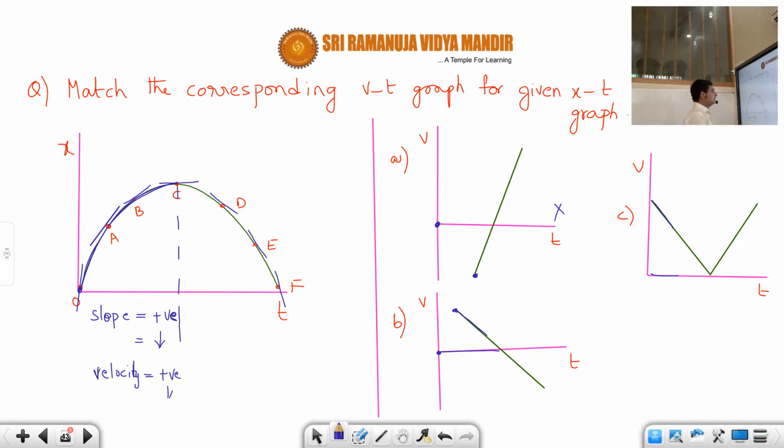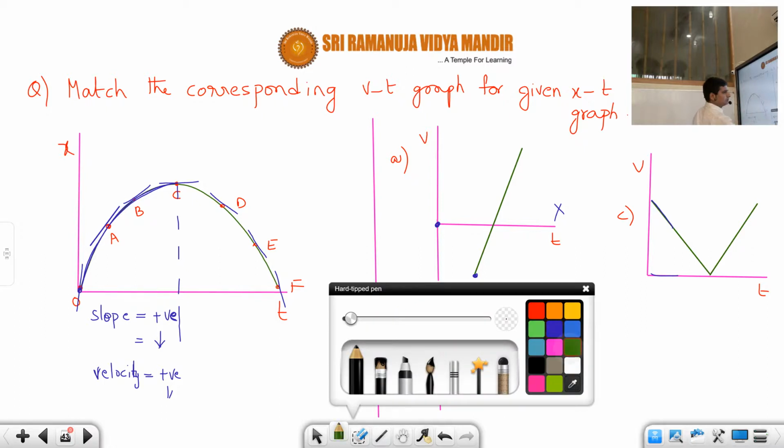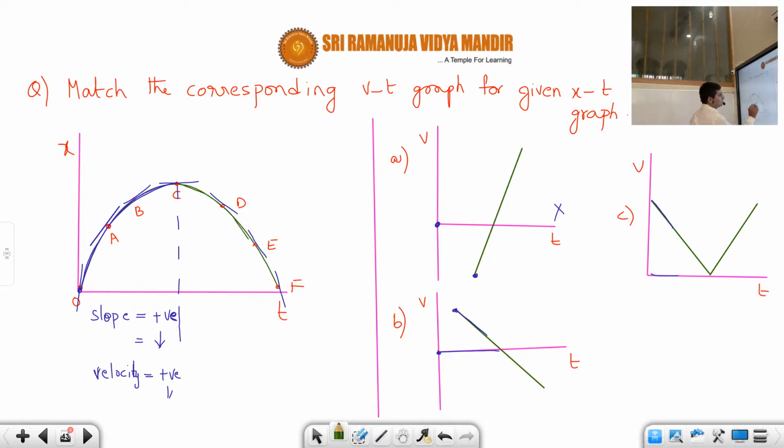Now let us verify in the other half. Now as you are coming from C to F, students, let us focus on this one. As you are coming from C to F, what is happening? If you draw the tangents, they are making an obtuse angle. So that means here the slope is negative, because the slope of an obtuse angle is negative. And is it increasing or decreasing, students? Now you see the steepness. Initially it is less, and when you come to F, it is steeper. That means the slope is more, correct or not, students? Slope is increasing.